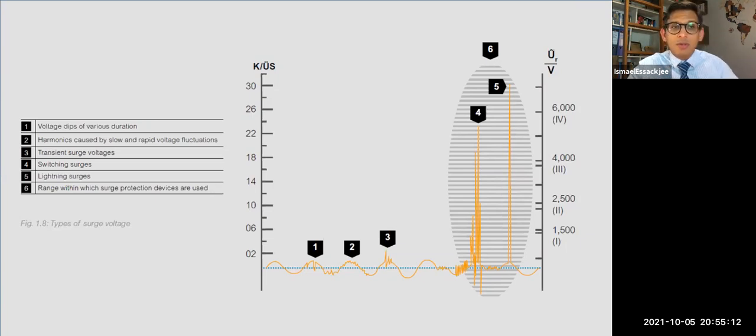That is the basic, smaller one. Or you can have even a switching surge from the utility when they're switching off or on, or lightning, bijli. Lightning can create a higher voltage on the network. You can see different magnitudes, but even 1, 2, 3 can be damaging to electronic installations.